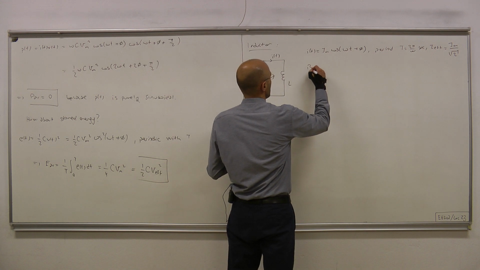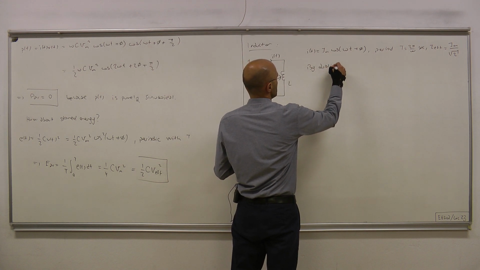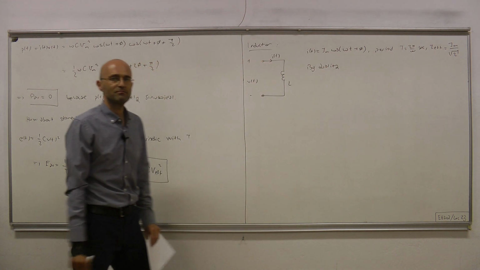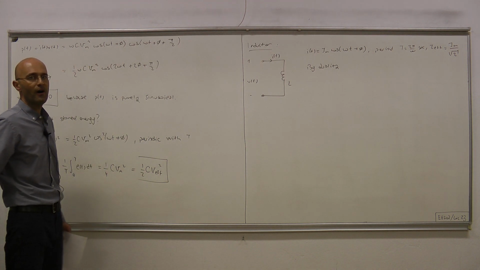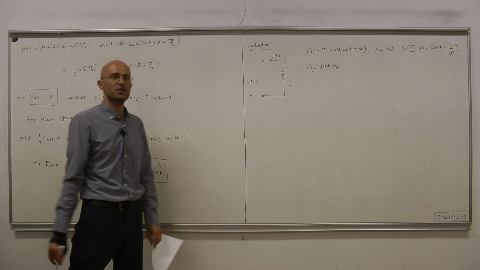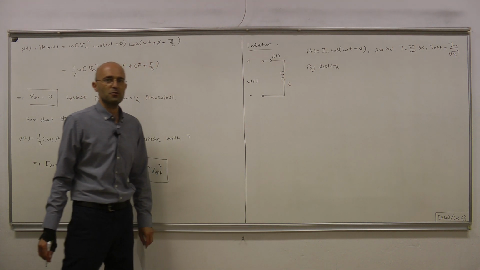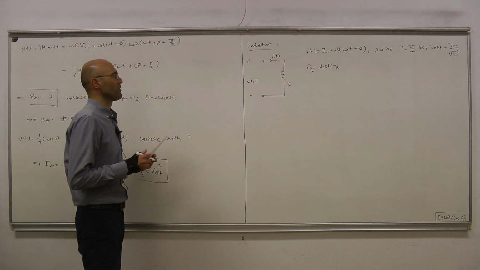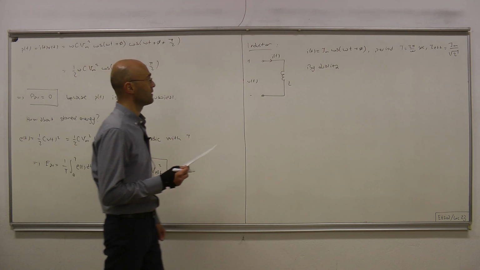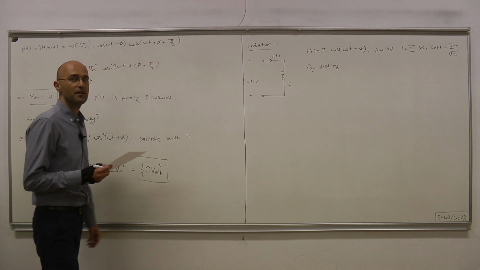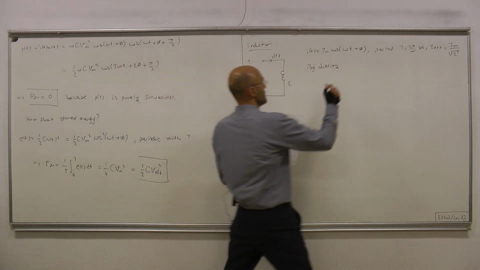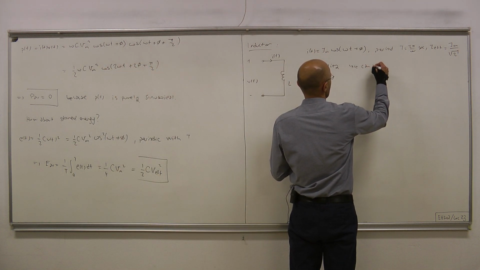Now, by duality, what we can do is we can just remember our analysis for the capacitor and replace current with voltage and inductance with capacitance, and capacitance with inductance, and we have the results that we are after. So by duality, in other words, we can write